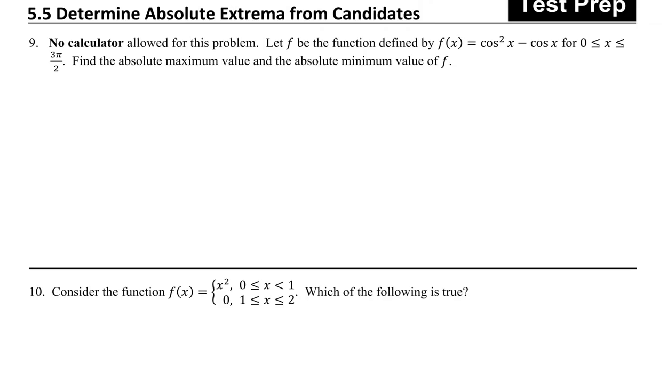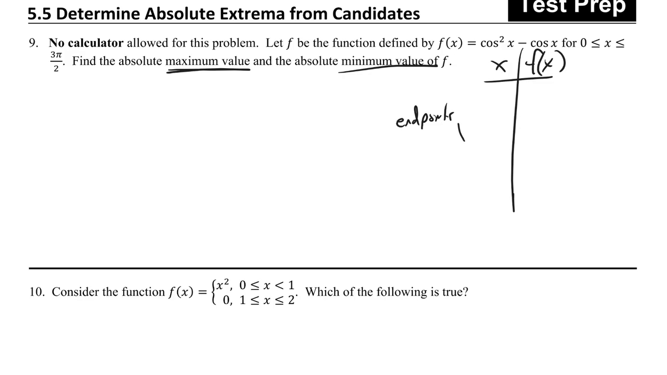So our function is cosine squared minus cosine, and we are interested between 0 and 3 pi over 2. Find the max value and the min value. So I know that's extreme value theorem, which tells me to test the endpoints, which they gave to me, 0 to 3 pi over 2,